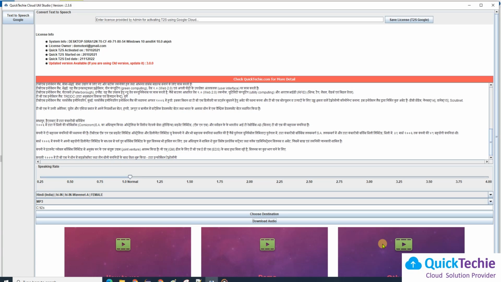One thing I wanted to mention here is the cost. There are different types of cost. One is the product you buy from QuickTechie itself. We are just providing the software solution, but you need to activate your account in Google Cloud to use this product. So we will be providing a different video instruction on how to activate your account in Google Cloud. I hope that would be helpful, and if you need further help, please contact quicktechie.com, email ID info@quicktechie.com. Thanks, I'm stopping now.